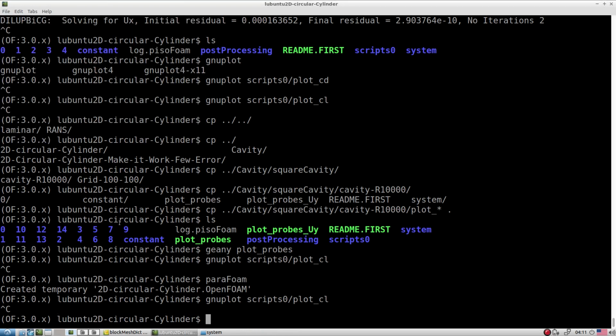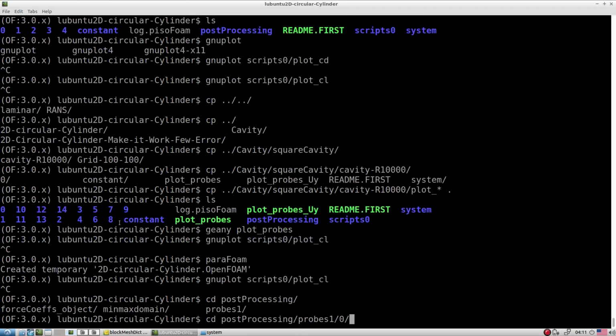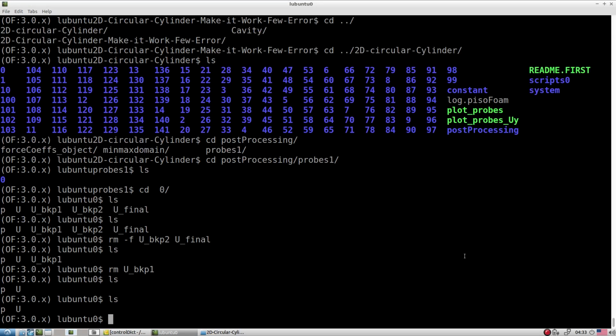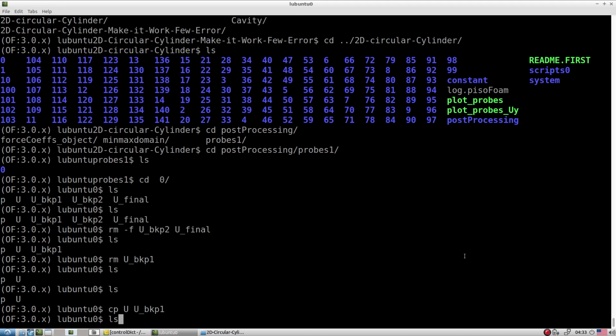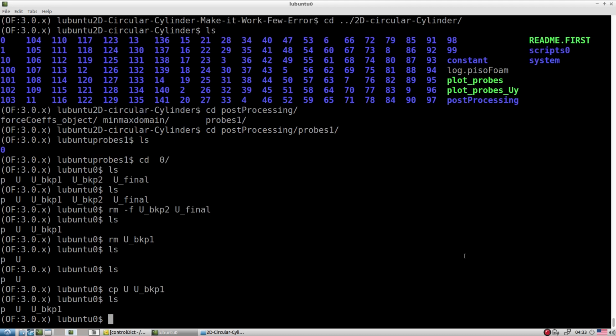Meanwhile it's simulating, let's go to the probe area. Let's do the post processing for the probe. First let's create the file. Now we have to erase the brackets.